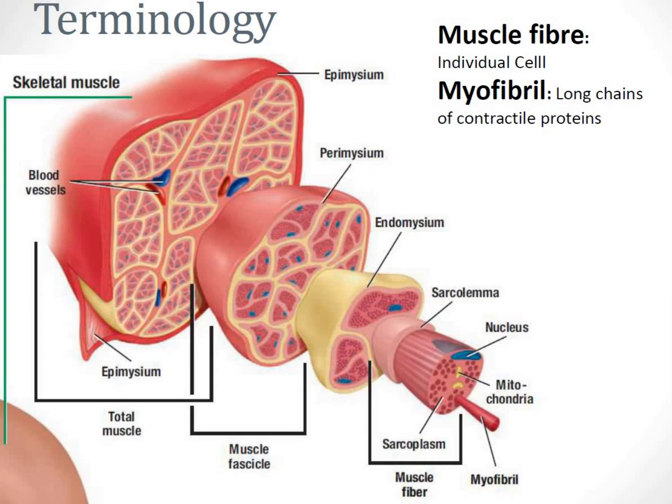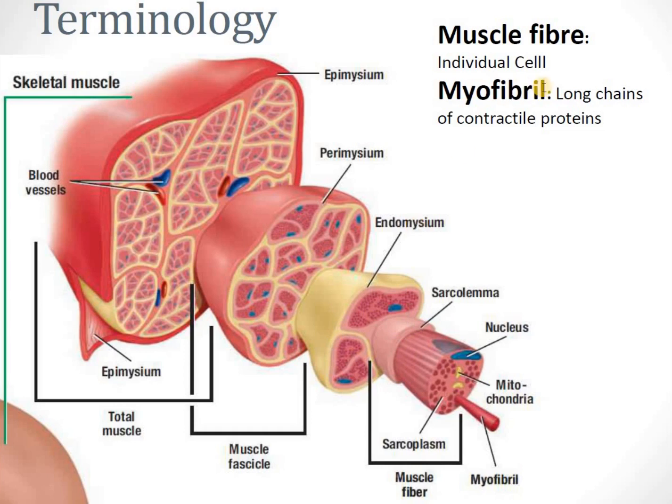So we can see the cross section of the muscle in a very diagrammatic way. First we can see the outermost layer, that is your epimysium. It consists of the perimysium, endomysium and the nucleus of the muscle. In between the perimysium bundles there will be vessels, arteries and veins. Okay, epimysium, perimysium is the second layer, endomysium is the third layer, then the sarcolemma, then the nucleus and the single myofibril.